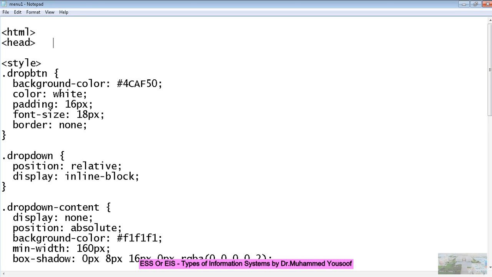I am defining the various styles for my element which I will use. You can see here, the background color, I choose the color of that particular element. What is padding? Padding means position 16 point. What will be the font size? Will there be a border? I will define different properties of my own element.